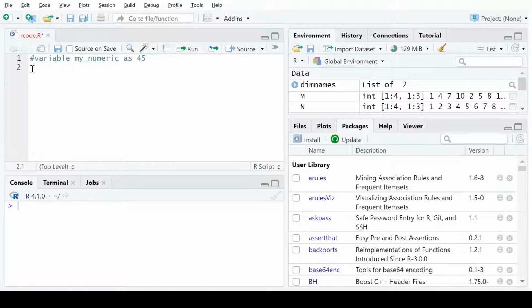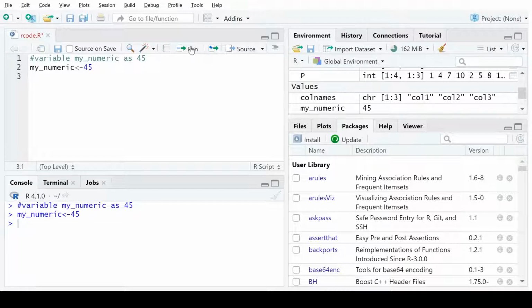So when you assign my numeric, you need to take care of the assignment sign and then 45, and you can run the command. So my numeric variable is created as 45.